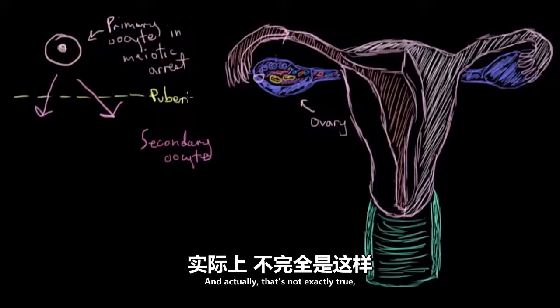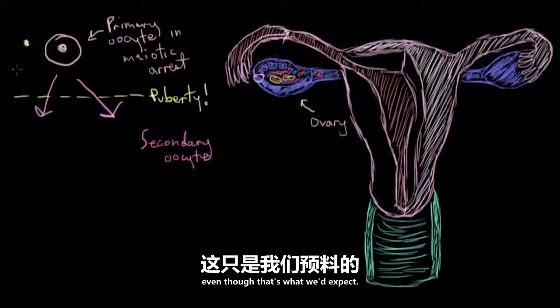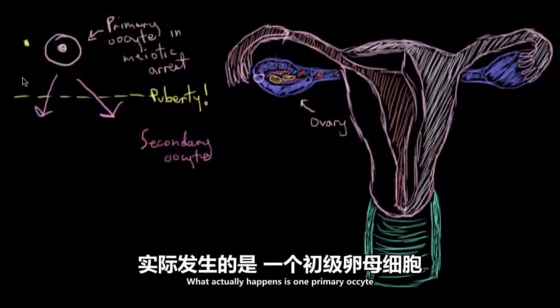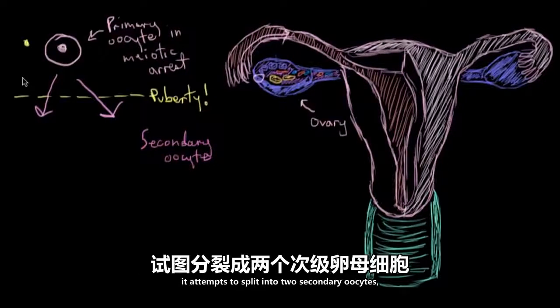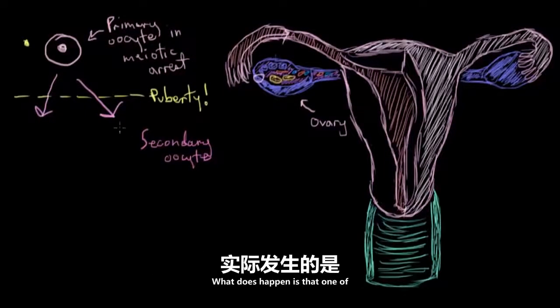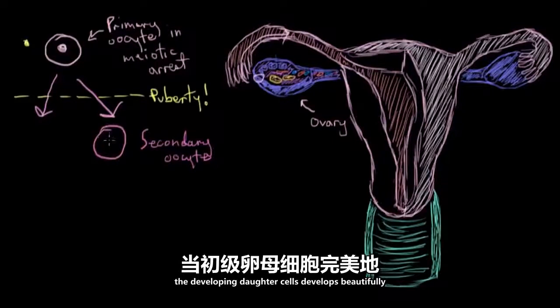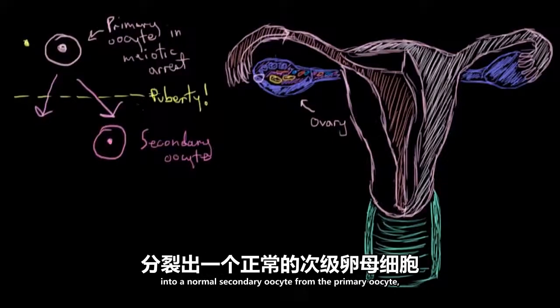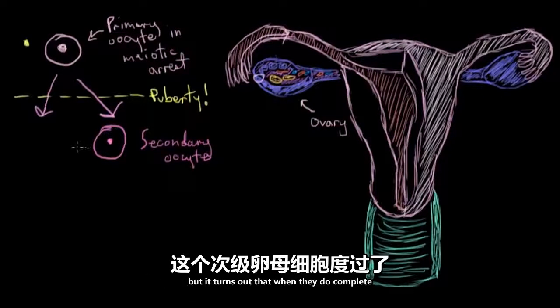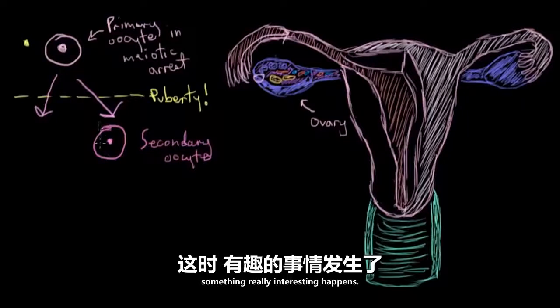And actually, that's not exactly true, even though that's what we'd expect. What actually happens is one primary oocyte attempts to split into 2 secondary oocytes, but that's not exactly what happens. What does happen is that one of the developing daughter cells develops beautifully into a normal secondary oocyte from the primary oocyte. But it turns out that when they do complete the first part of meiosis, something really interesting